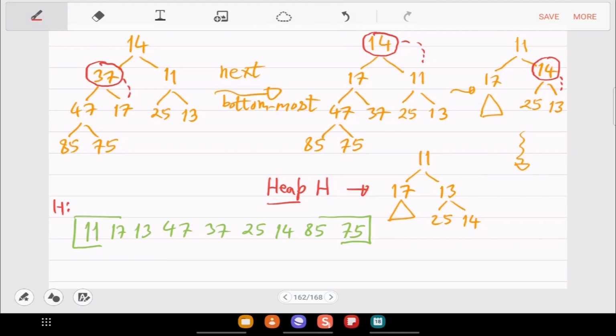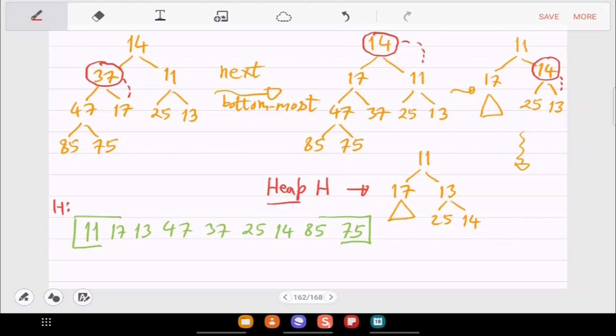Okay, so you started with the input, this green array, which is surely arbitrary looking, but even as a tree, it is not a heap. And you end up with that green array, which when seen as a tree, you can check is a heap. Okay, so this is the input to output. This process is called heapification. Is this fine? So now you have to see the pseudocode of this.